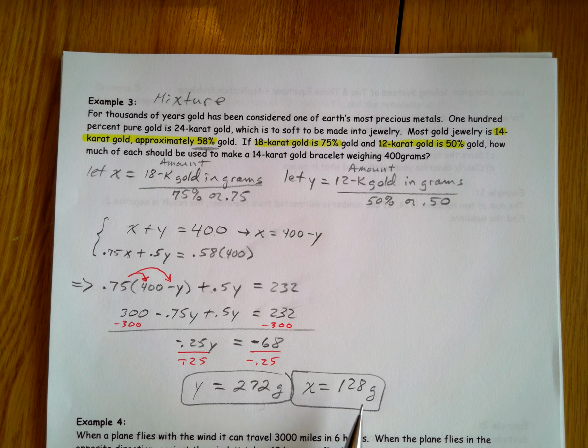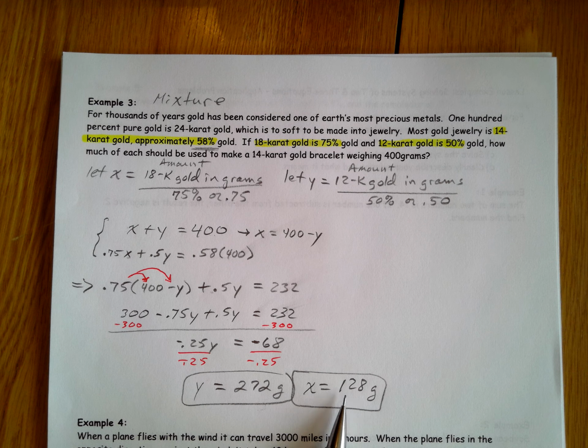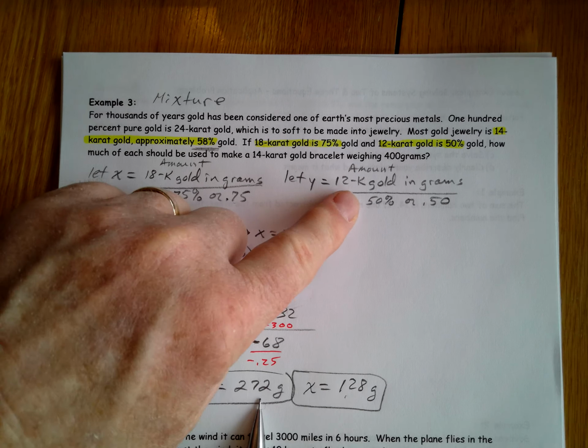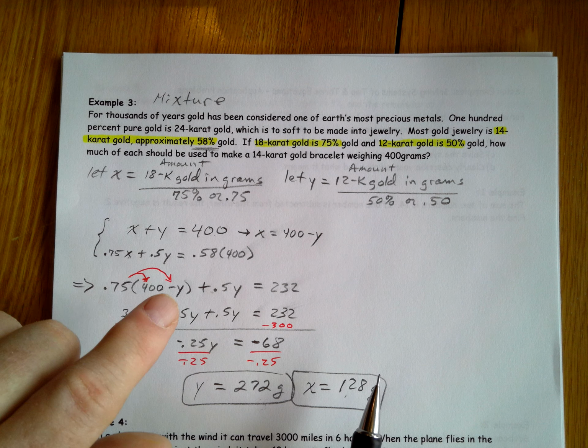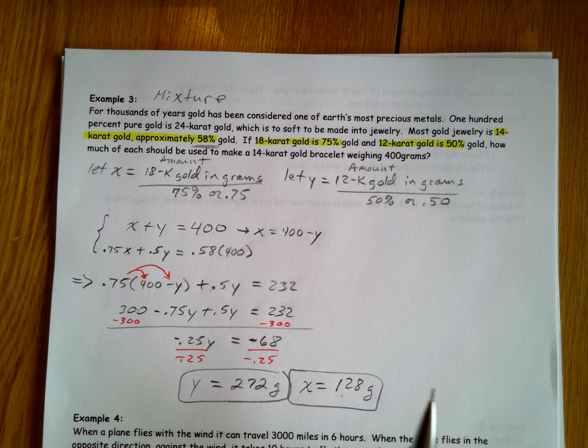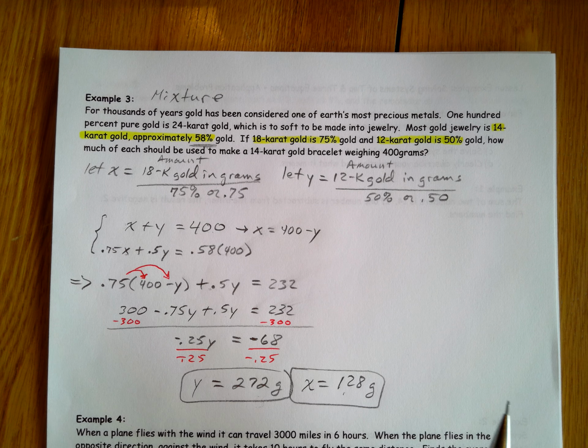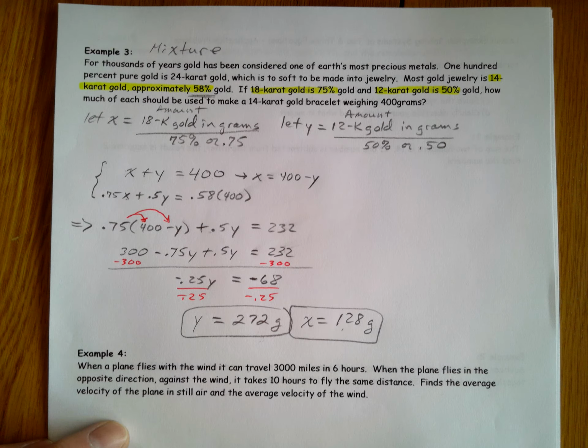But what it means is we need 128 grams of 18 karat gold and 272 grams of 12 karat gold to make a 14 karat gold jewelry piece that's 400 grams. Okay? Very good. Now,